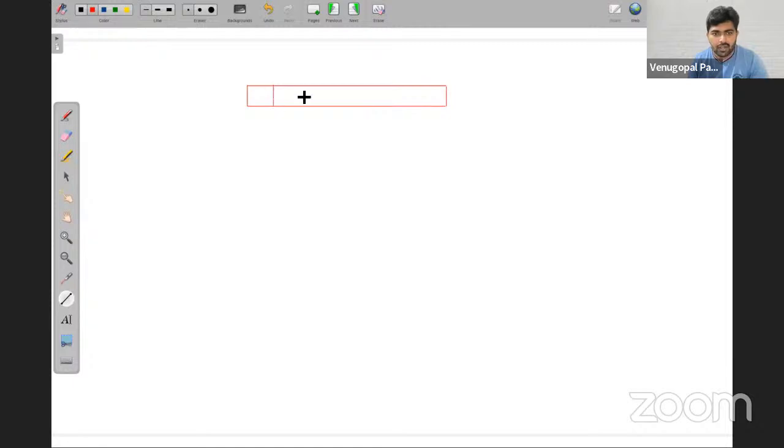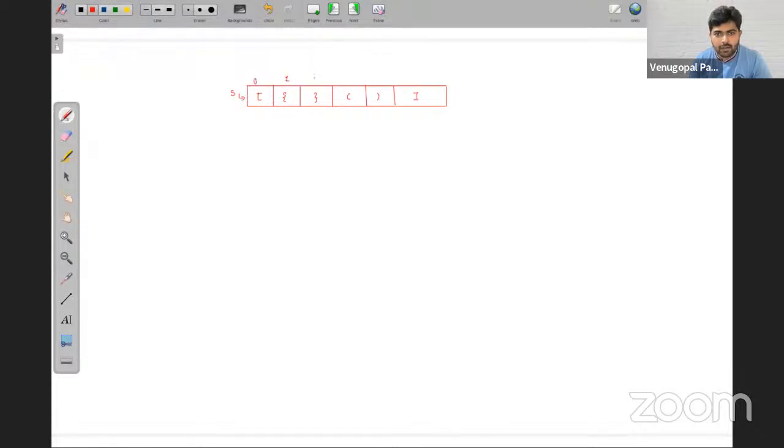So I have taken one character array of size 6, and the elements are, let's say, open, closed, closed. Assume this expression is a string X.